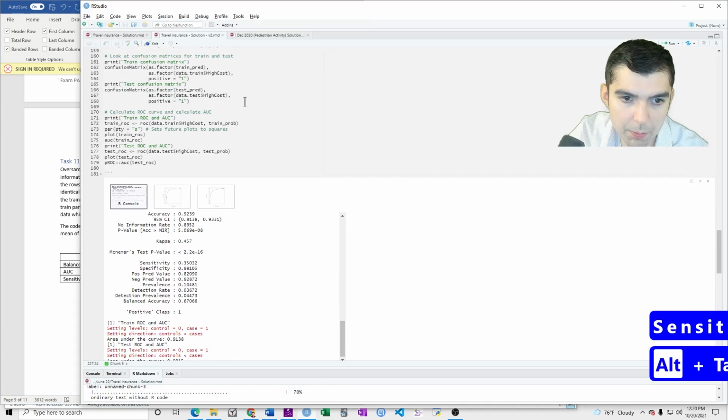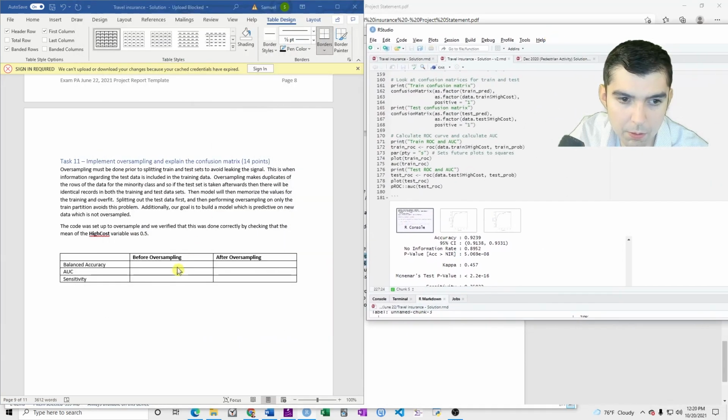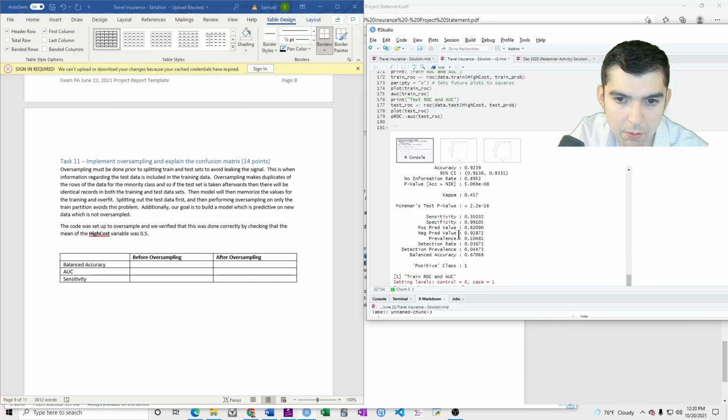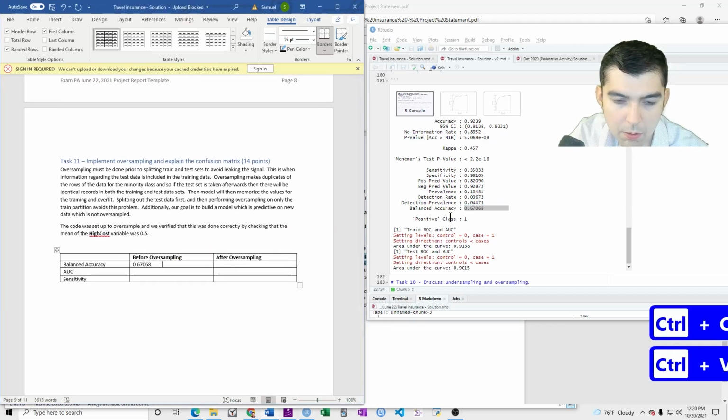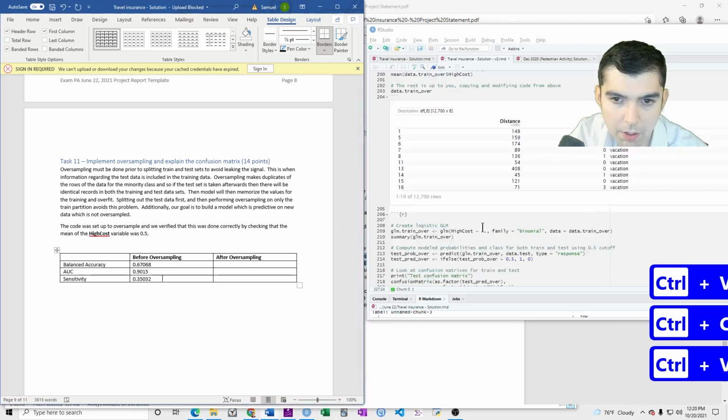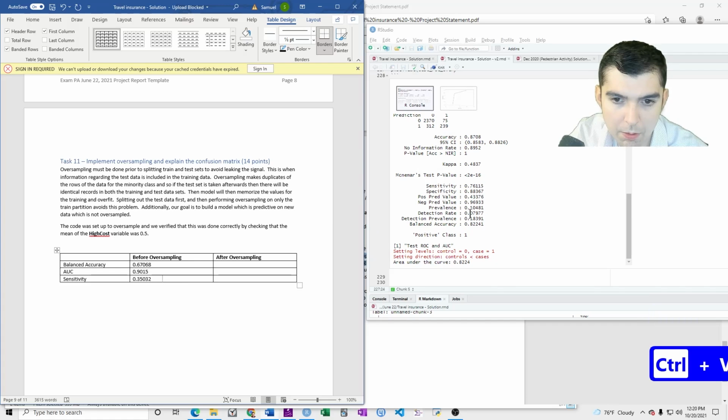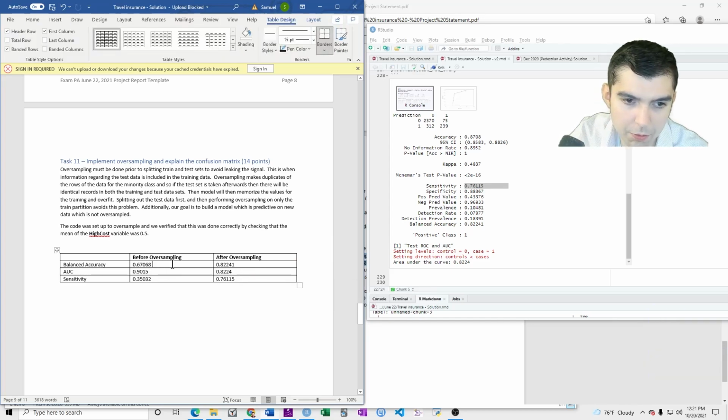So before oversampling, this was, and then AUC, sensitivity, and after oversampling. Let's just round these all to 4 digits.